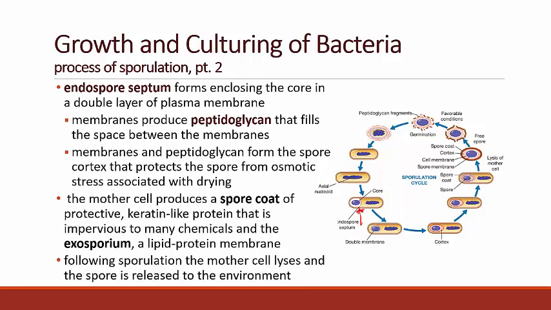So the mother cell produces a spore coat of keratin-like protein, and then there's even another layer on top of that, the exosporium, that's got a lot of lipid protein material. So it's another membrane of lipid and protein around it. So now if we're looking from the inside out, there's the core, the peptidoglycan and membrane cortex. There's a spore coat, which has this waterproof keratin-like protein around it, and then external to that is the exosporium with that lipid protein